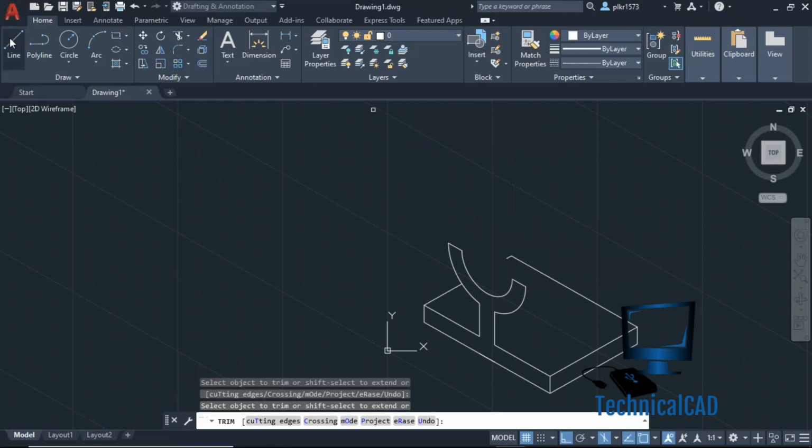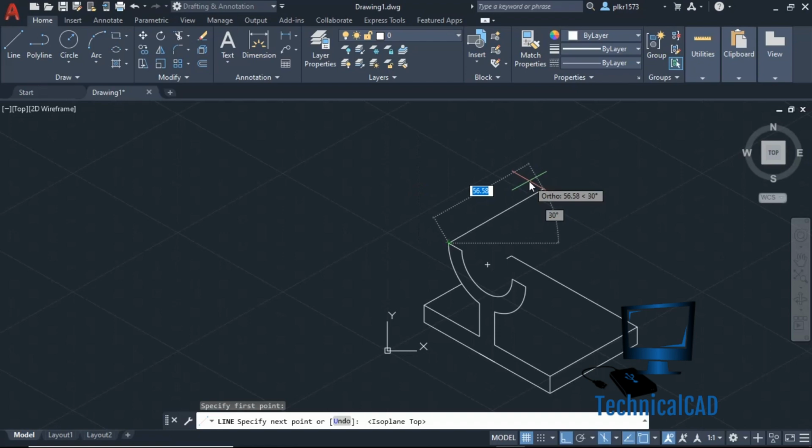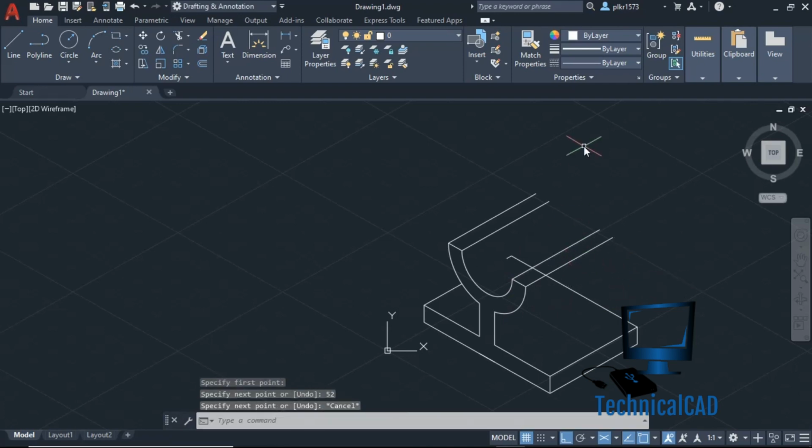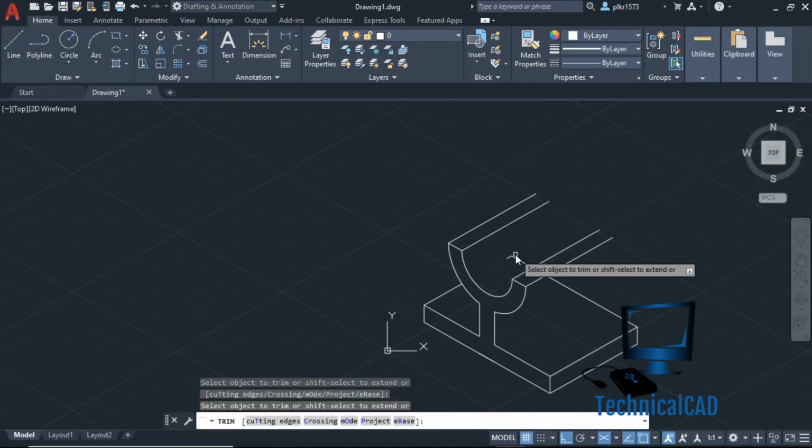Now go for line option, press F5, 52. This side also 52, and now go for here 52. From this point 52. Go for trim again, this portion and this portion. Okay,